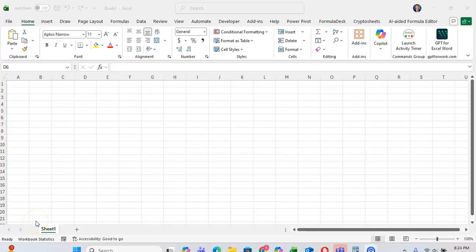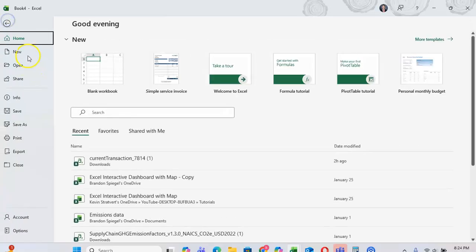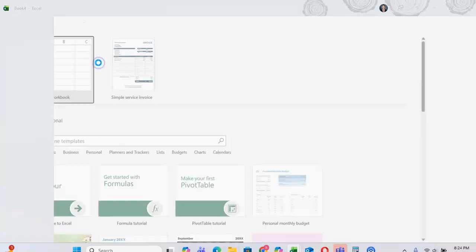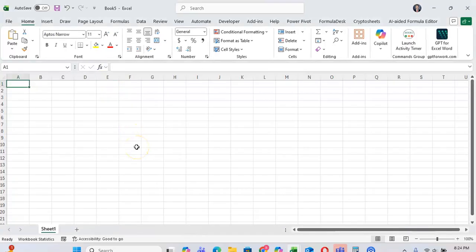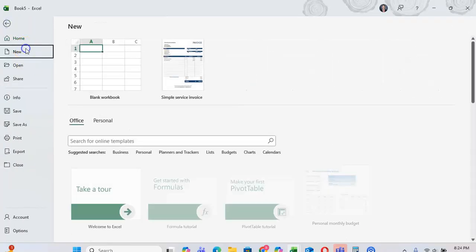In this tutorial, I want to show you how you can insert a template instead of a blank workbook whenever you are making a new workbook in Excel. So it is very natural to press Control N, and here I have Book4, which is a new workbook, or just go to File, New, Blank Workbook. But I can leverage templates to save me a bunch of time by going to File, New,